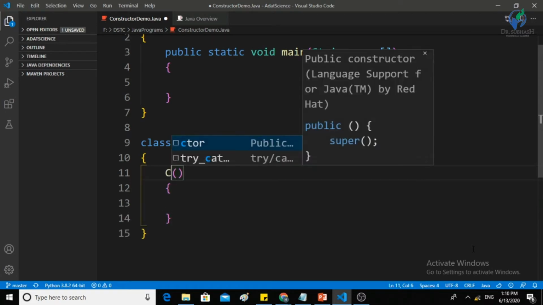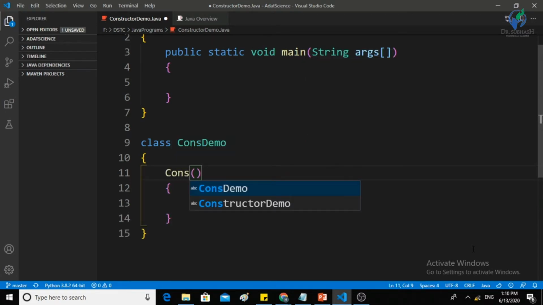The name of the method should be the same as the class name. There is no return type. We are not writing void or int and all that. Yes, we can write public, it's fine. Public ConsDemo, it's fine. So this is what we have defined.